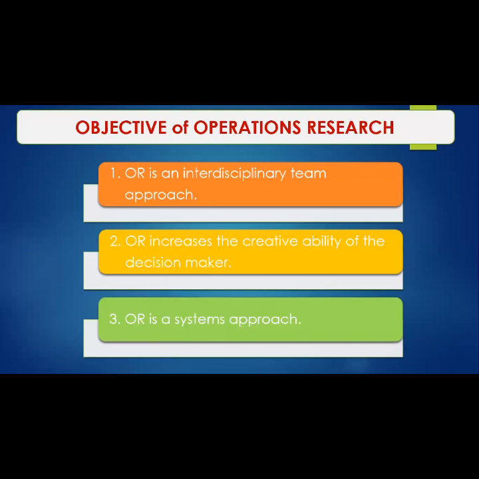And the last characteristic of operations research would be a systems approach. It's considered a systems approach because it's a scientific study, meaning to say we follow a certain step-by-step procedure. There is no shortcut at all. There should be a step-by-step procedure for you to be able to solve a problem and make better solutions.